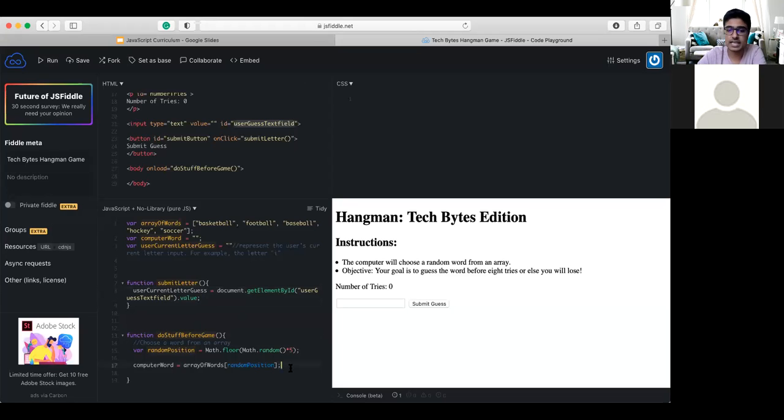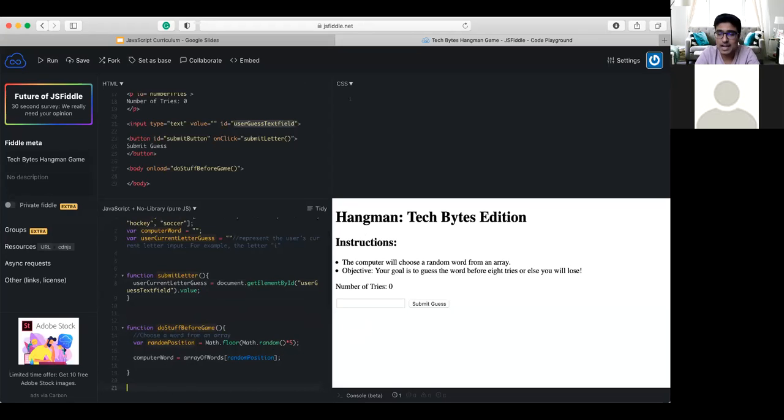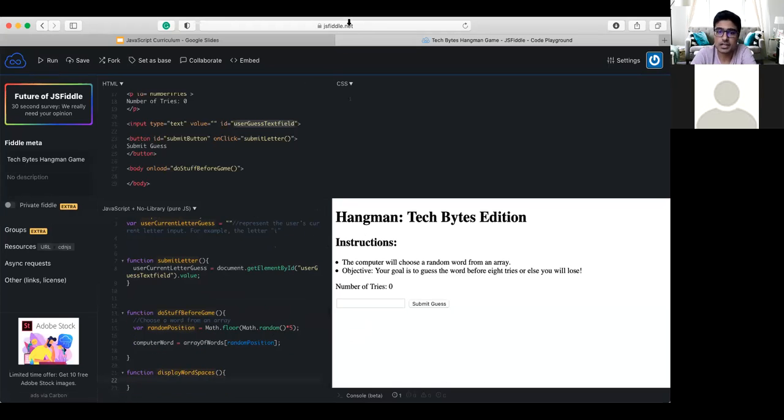That general function is going to take care of all our stuff before the game actually begins. And remember to abstract, guys. Abstracting is a way to clean up our code and make our functions more reusable. What I'm going to do is make a function called, how about display word spaces. And remember those opening and closing parentheses, add those opening and closing squiggly brackets, like such.